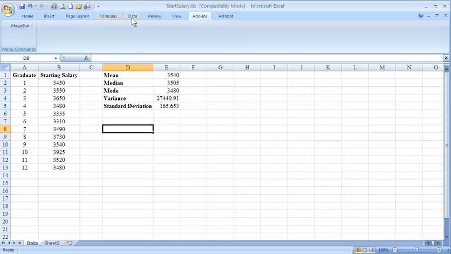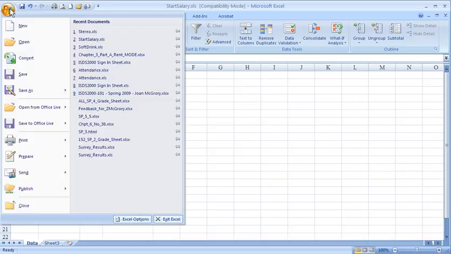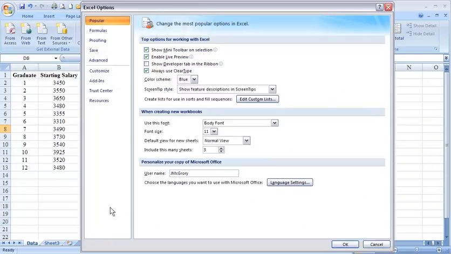The way that you do that, I'm going to go back to this data tab. It doesn't matter what tab you're on. Go to the Office button. Down towards the bottom you'll see Excel Options. Okay, Office button, Excel Options. Along this side category you'll see Add-ins,